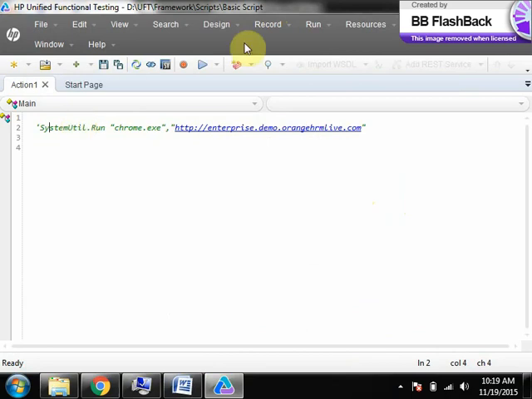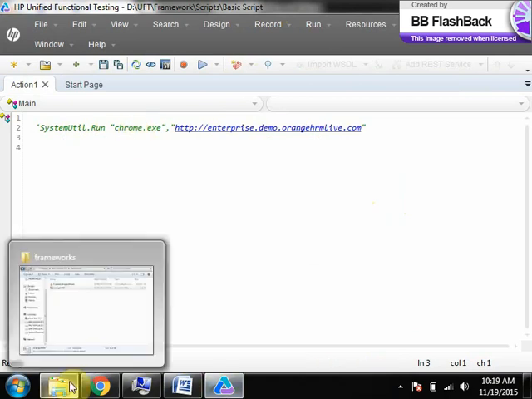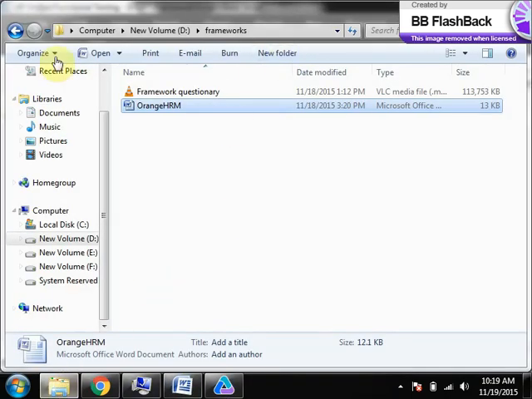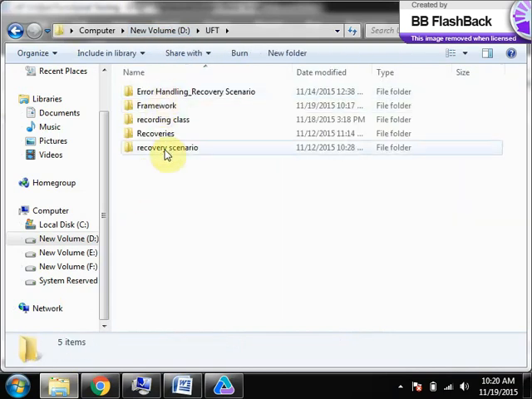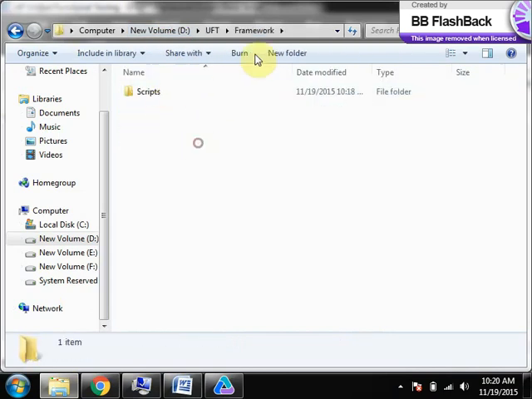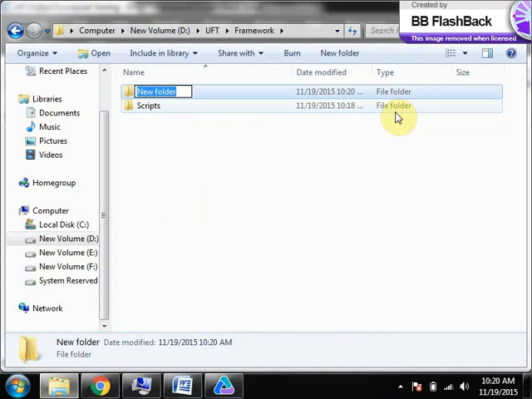instead of directly providing Chrome here, not only Chrome, any browser, instead of directly providing it here, we can think of various ways. One is, where it is the DFT, the framework. I will create